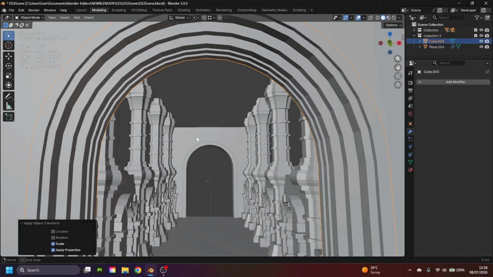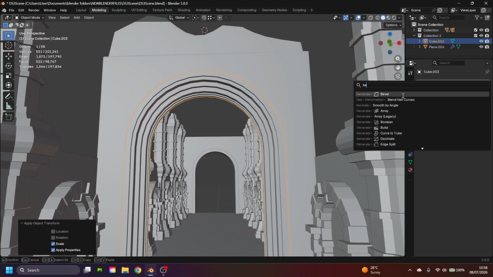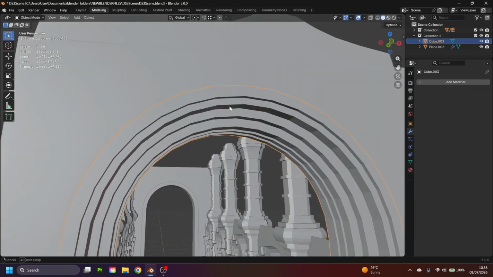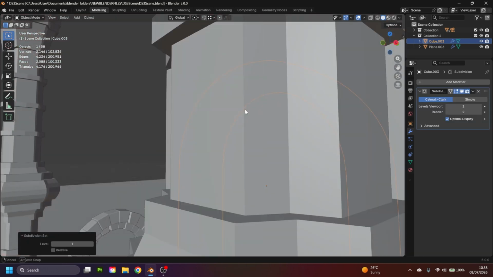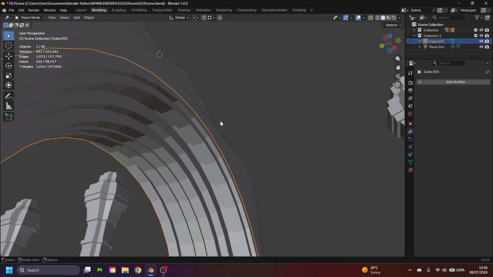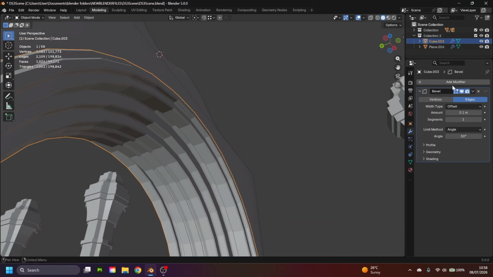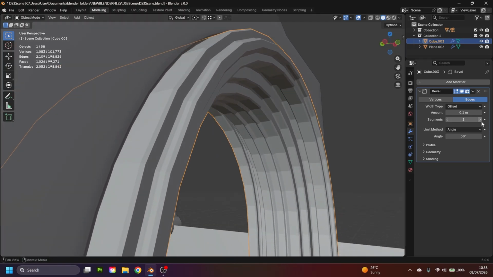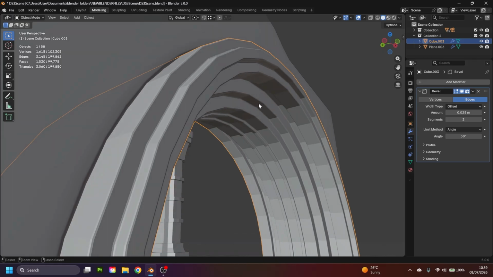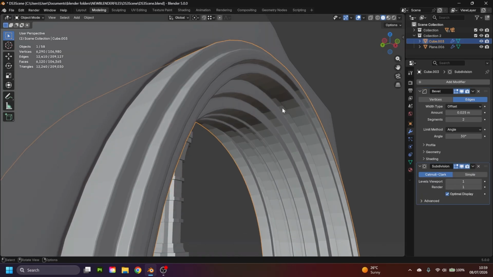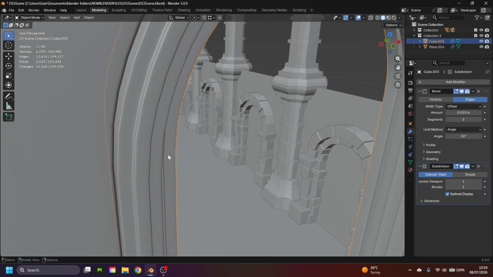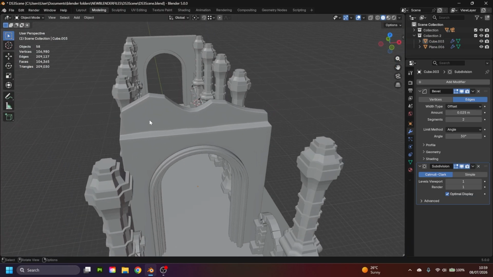I think this looks good, so I'm going to apply the scale and add a small bevel. And actually, before I do that, if I add a subdivision, everything gets way too smooth. So the best thing to do first is add that bevel just to sharpen the edges. If I make it something like 2, make this a bit smaller maybe, then add subdivision surface modifier, shade smooth. Now we have the sharp edges and everything is nice and smooth, and I can start working on the bricks